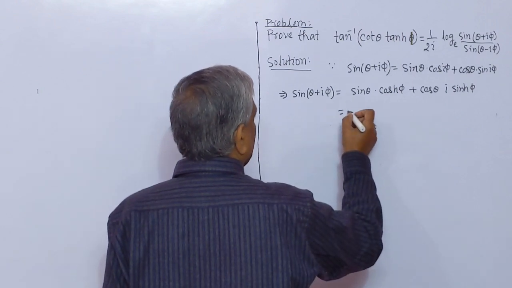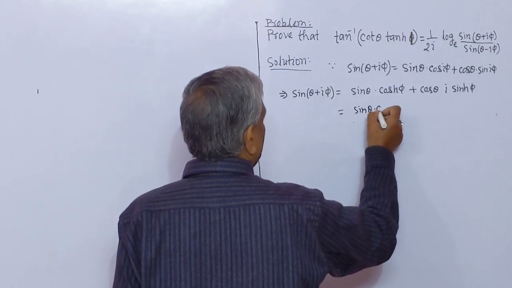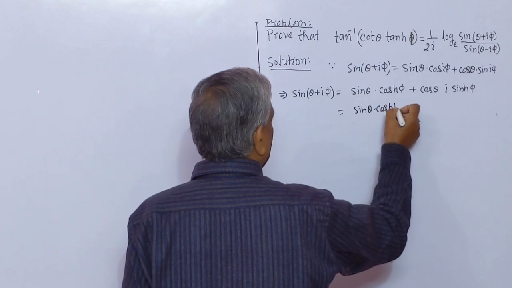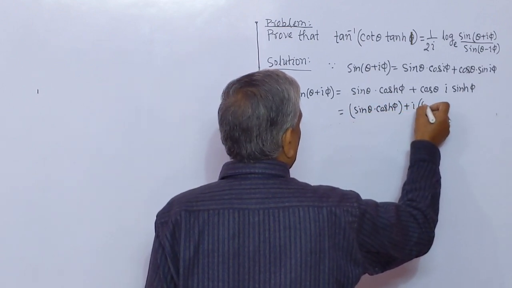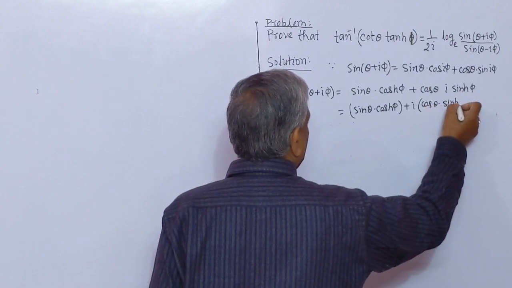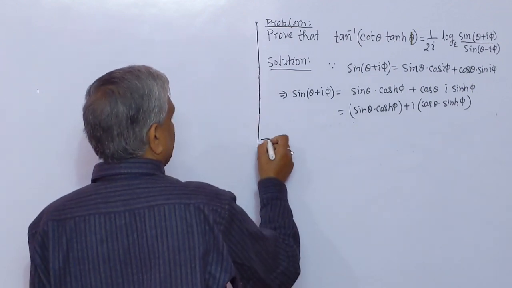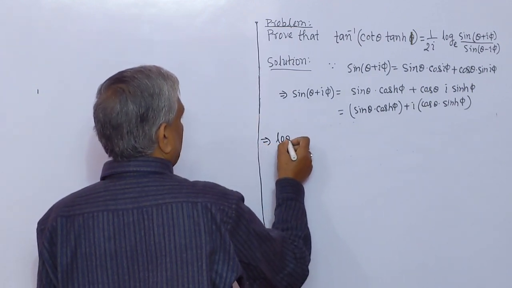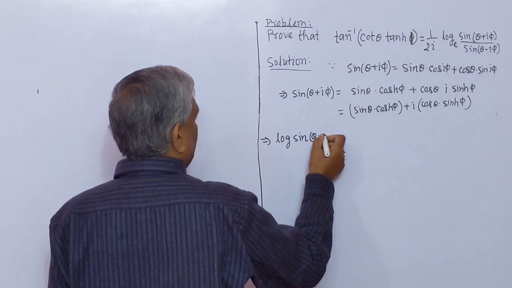We may write this as sin θ cosh φ plus i cos θ sinh φ, implies that log sin(θ + iφ)